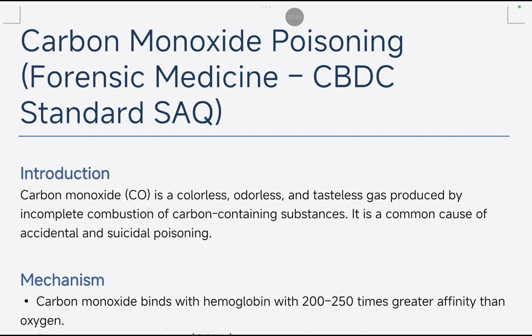You might have seen that there are some confined places where some chemical process is going on, some burning is taking place, but there is no proper ventilation. So there, if a person is staying for a prolonged period of time, there might be a chance that he ingests carbon monoxide unknowingly. And what is the mechanism? How does it cause problems?